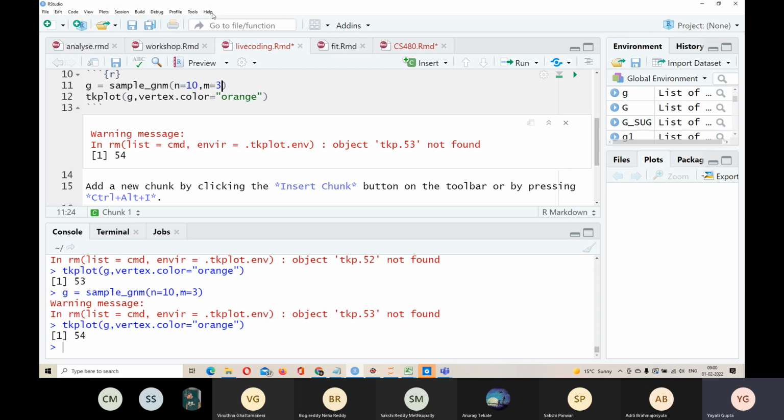And now think about it: is this a good way of modeling a graph? Do you think that friendships happen randomly? And if we claim that friendships happen randomly, what can go wrong there? Are there certain phenomena in a classroom network, in a friendship network, which you see, which could actually contradict this fact that these friendships happen randomly? So we'll also talk about that, and we will talk about better models to do that.